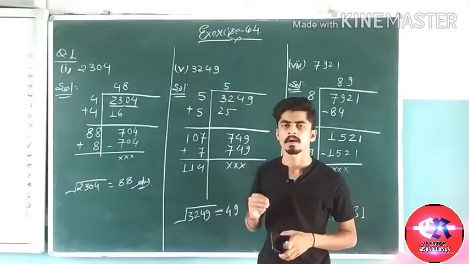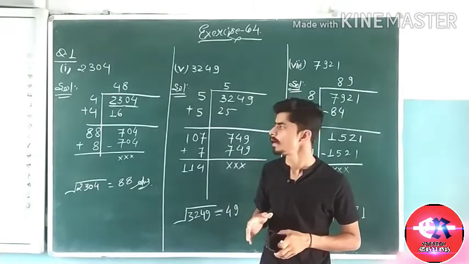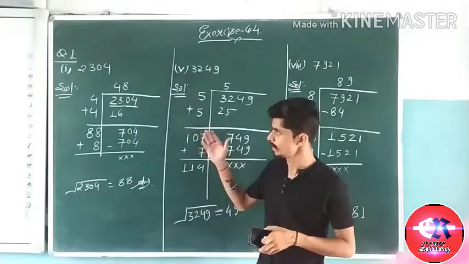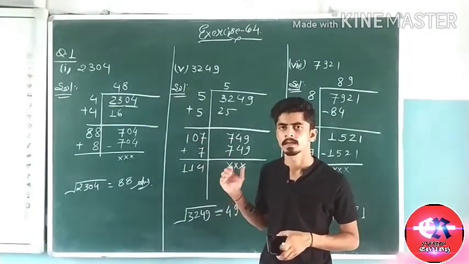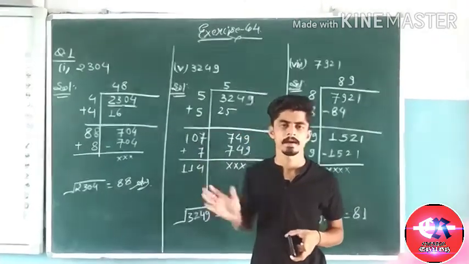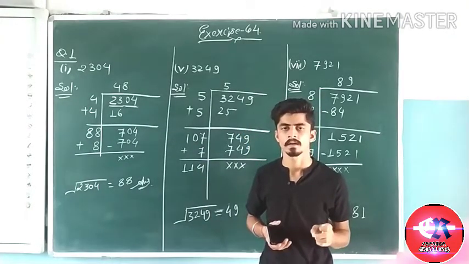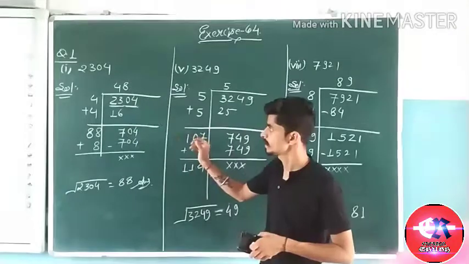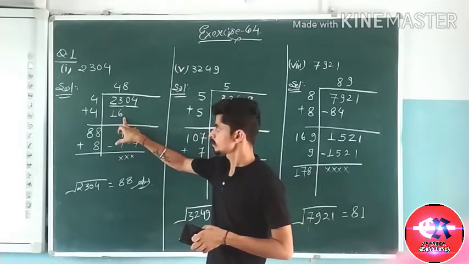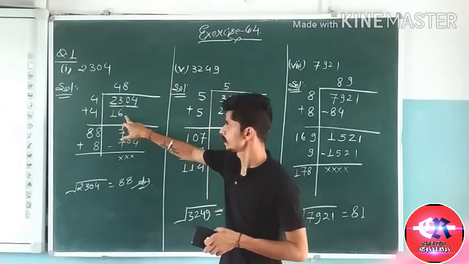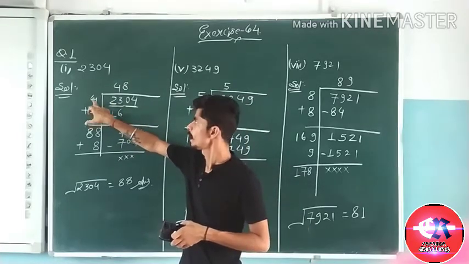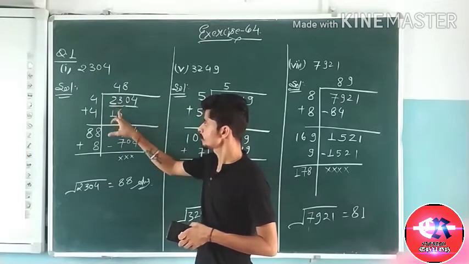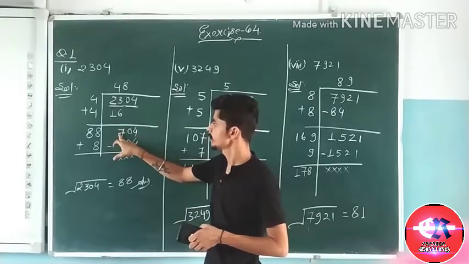Like if we square 3, 3 times 3 is 9, and 4 times 4 is 16, and 5 times 5 is 25, but 25 is more than 23, so we have to take 4 times 4, which is 16. We do not have to divide directly, we just have to find the square nearest to that number. So the square of 4 is nearest to 23. Here we get 4, and 4 times 4 is 16. Now we subtract 16 from 23 and we get 7.